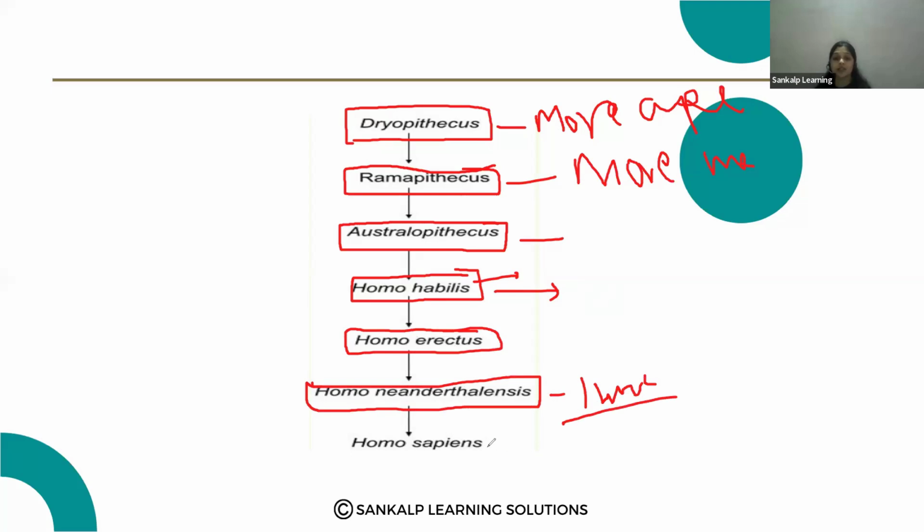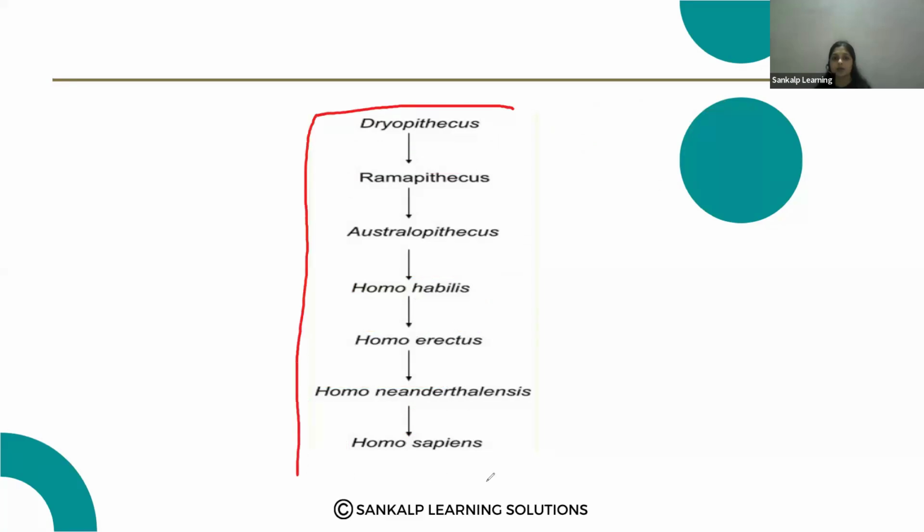And what are the features of the Neanderthal man? That is also very important. Then just 10,000 years ago, Homo sapiens appeared. So this is the correct sequence of human evolution. Very important, each stage, characteristics